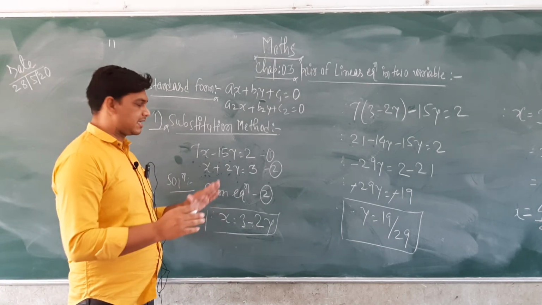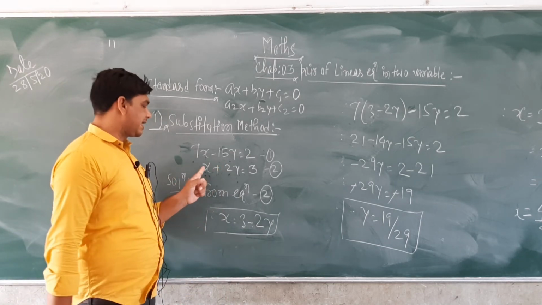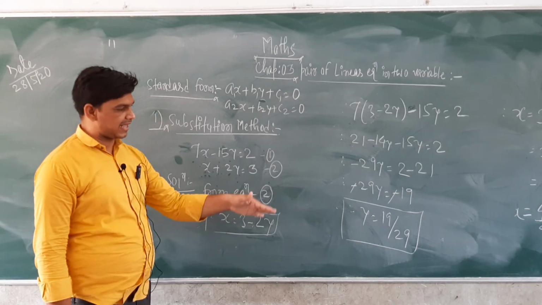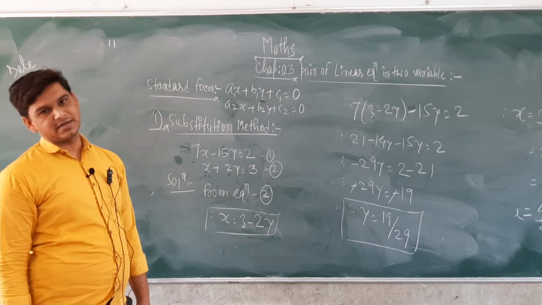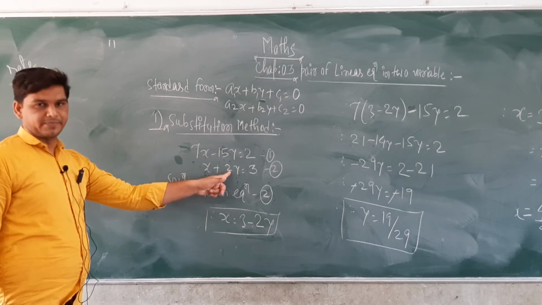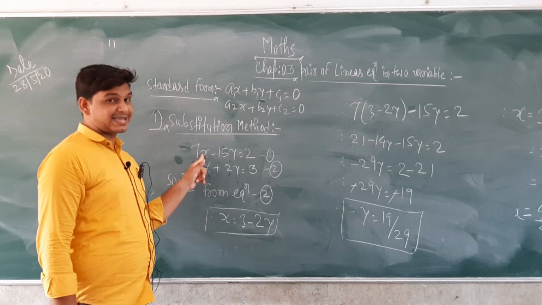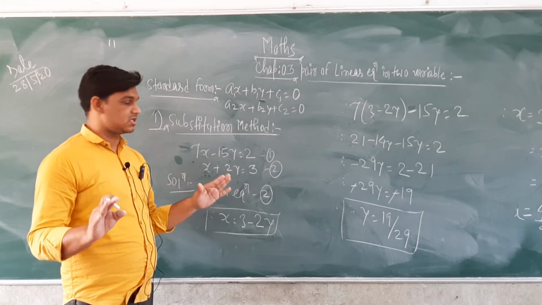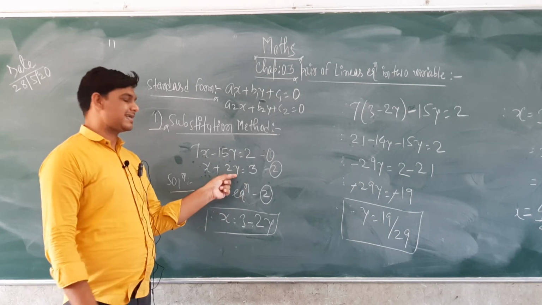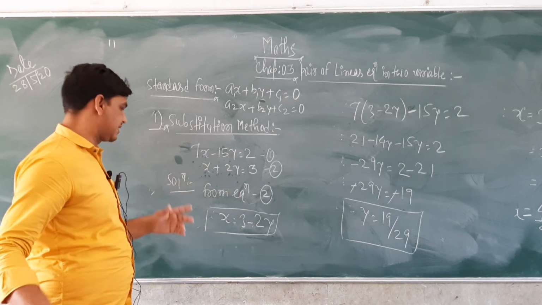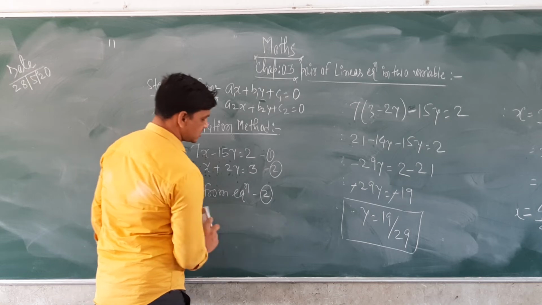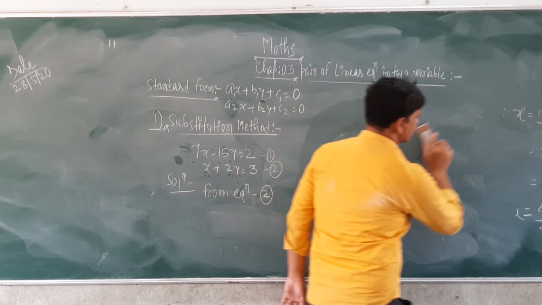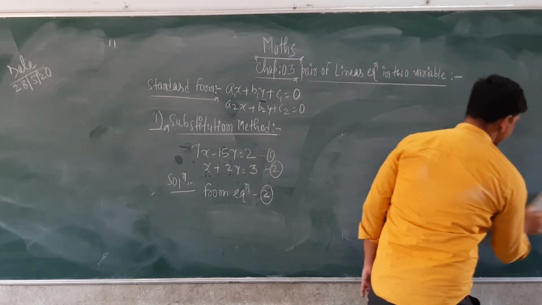Now I will take the same question, but in another form. Like I will take x from equation number 2, which gave 19 upon 29 and 14 upon 29. I will take now 2y. You can also take 7x, or minus 15, whatever you take, you will get the same answer. But I will take now 2y, just another formation, and solve this equation. So the same example, but the method will be changed.